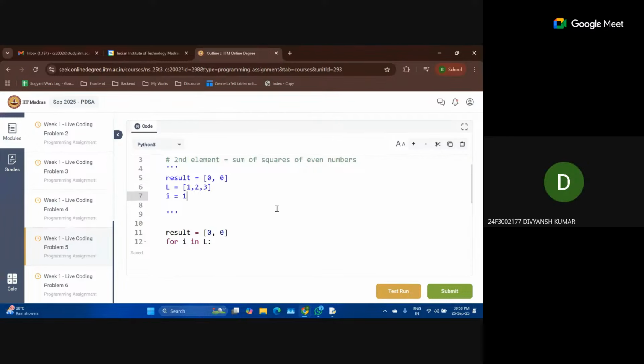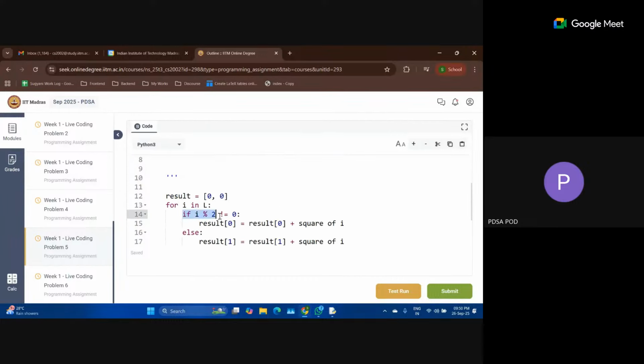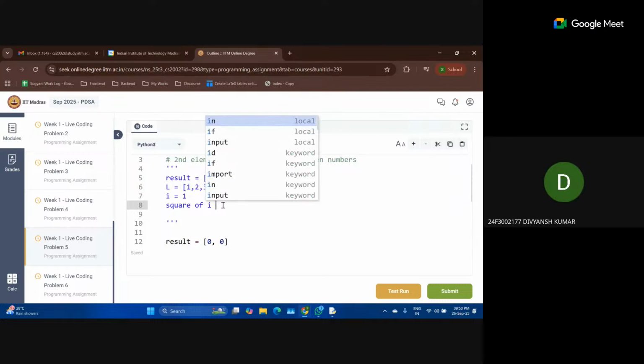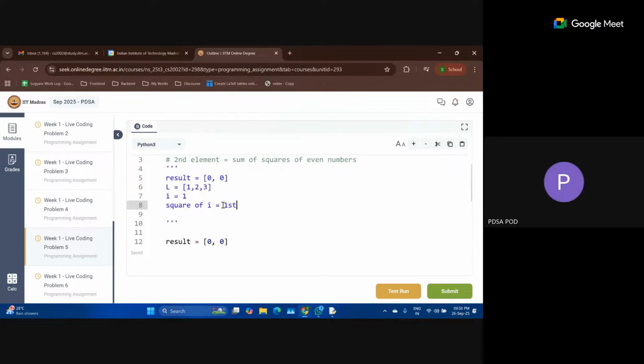Yes, ma'am. I will be equal to 1. Now what will happen? Is 1 an odd number or even number? This is the check that I will do, whether it is odd or even. Now I know that I is an odd number. So what will I do? I have to find the square of I. What is the square of I? 1 itself. Square of I is 1, and I will add it to what?